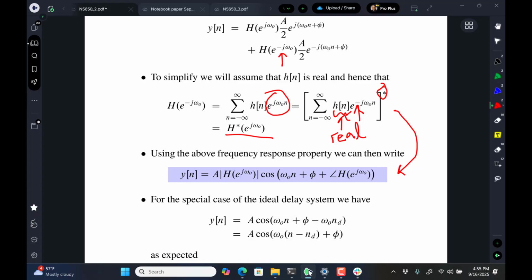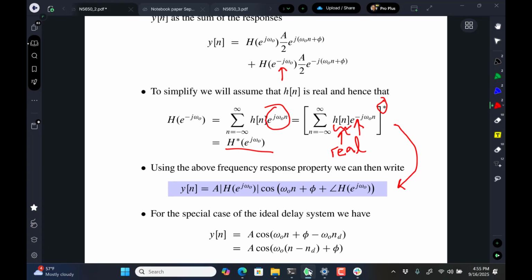So what that allows me to do then, in the factoring over here, is replace this by H conjugate of e to the j omega naught, and then I can pull that out front as a magnitude, and on the inside I've got a plus and a minus in here, or minus and plus, I guess. I said it wrong, but at any rate that forms back into the cosine, or that contributes back to the argument of the cosine,